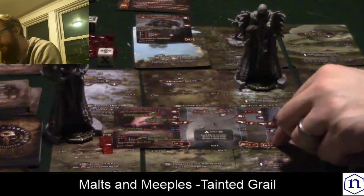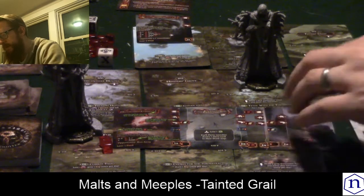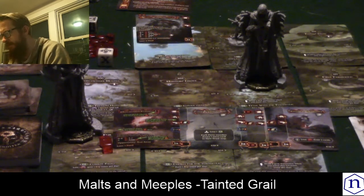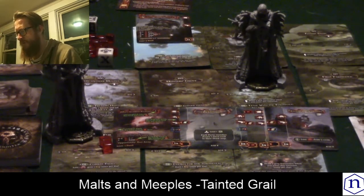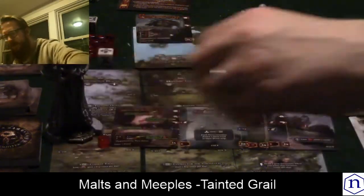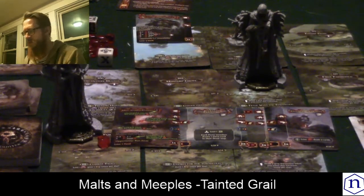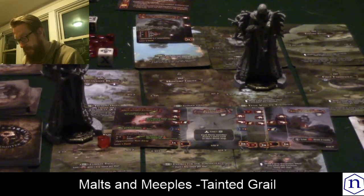I'll drop that in. Doesn't do me any good right now. But since I'm going to lose an energy, so I draw a card, I lose an energy, draw 2 cards, taking 1 damage by the way. I lose a cube to draw 2 more cards. So I have a nice hand of cards at this point,